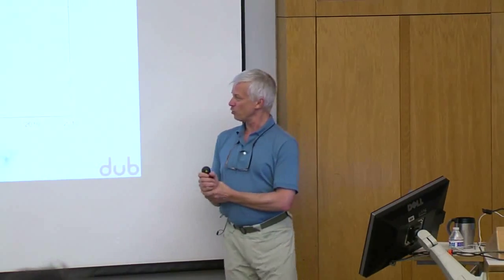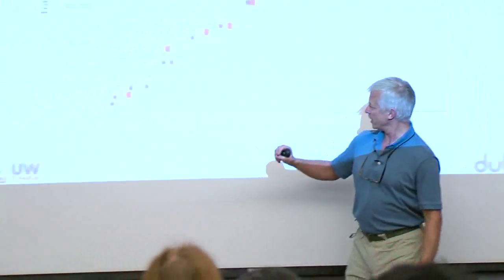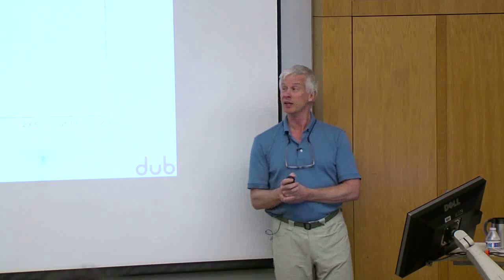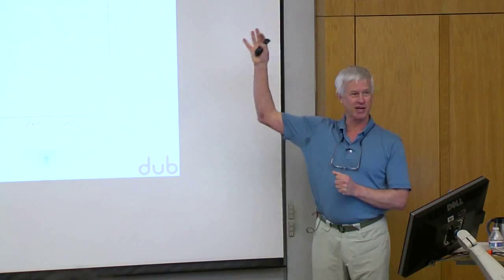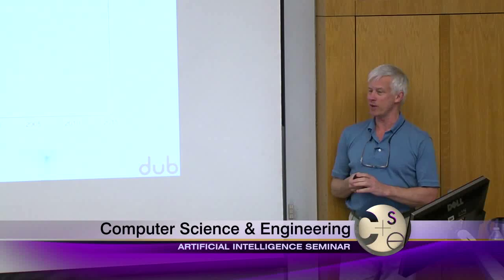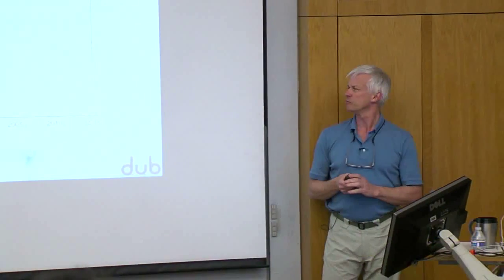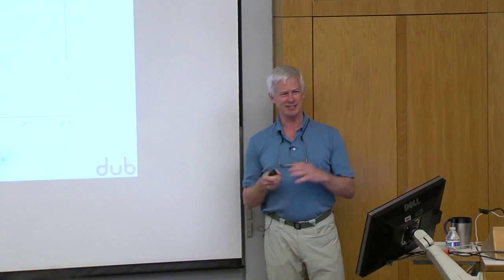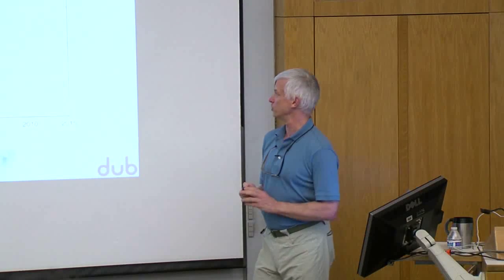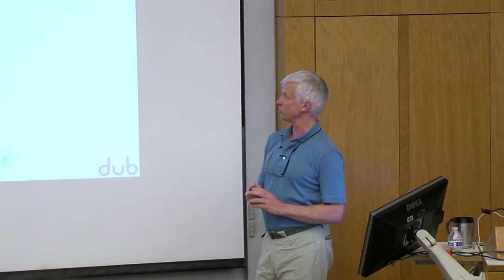So back in the old days when I got my PhD thesis somewhere over there, computers were really slow. But with all this exponential growth, AI algorithms that didn't used to work, now they work just fine. And people say, well, maybe Moore's law is dead, and we're not going to be able to keep this up anymore. And probably they're wrong, but even if they're right, it doesn't matter, because already computers are so bloody fast that we can do all sorts of things you couldn't used to imagine.